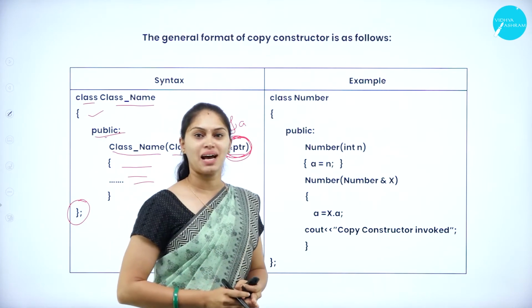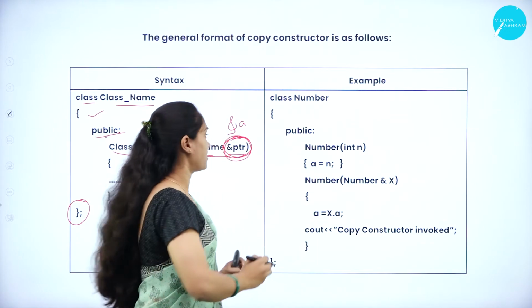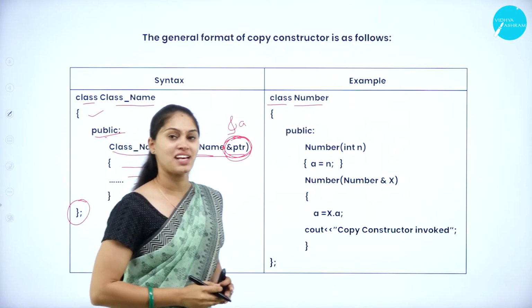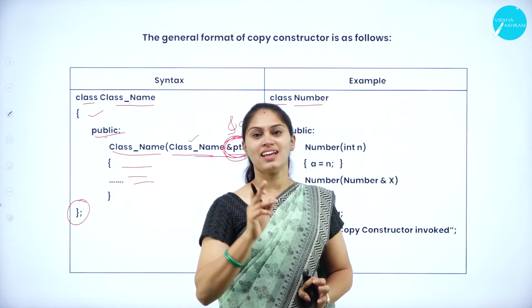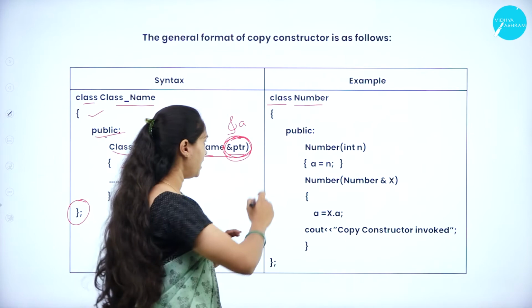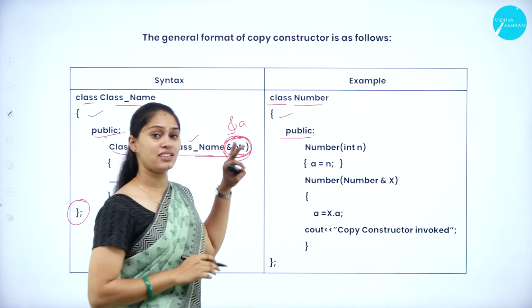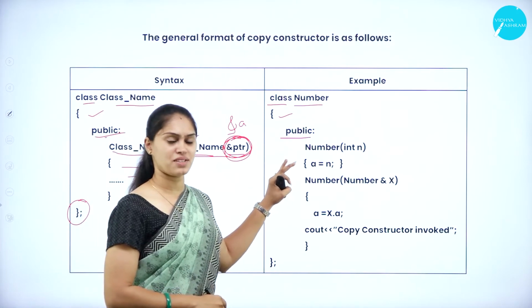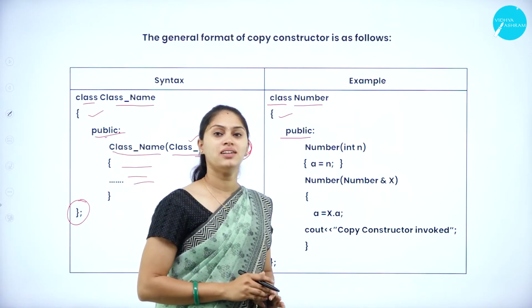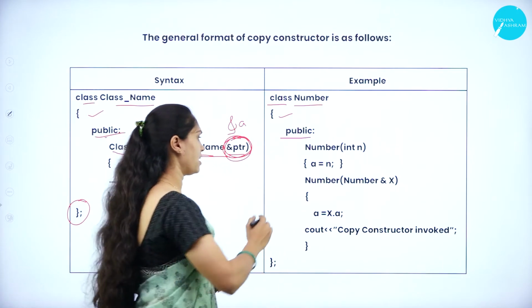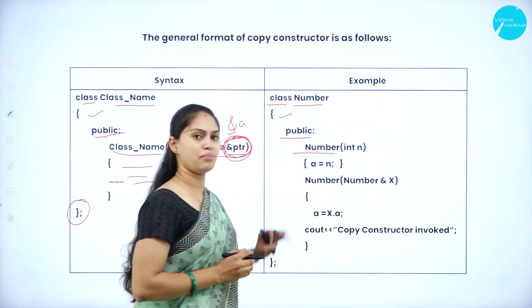Now we'll see one example related to the copy constructor. So here I have the class keyword and Number is the name of the class. What is the name of the class here? I have Number, and it indicates the opening of the class. Under the public section, under the scope of this public access specifier, I am creating one member function. That is nothing but what? A constructor. We'll see now. So here I am creating one member function.